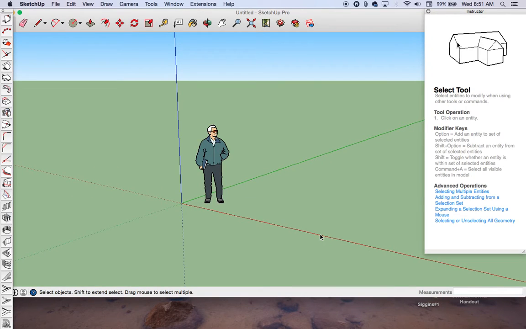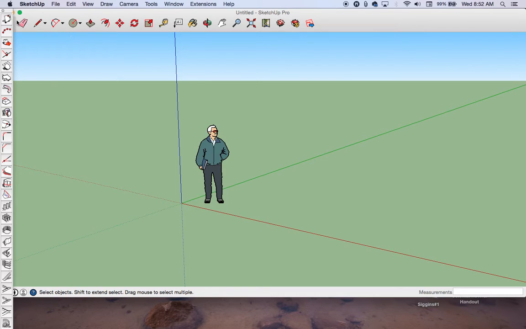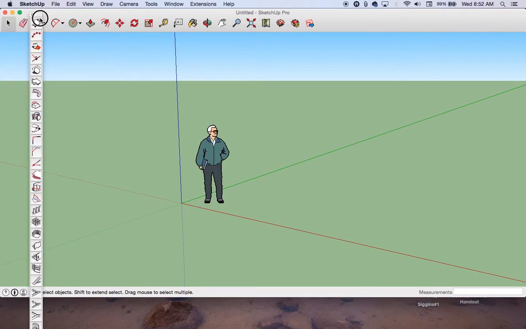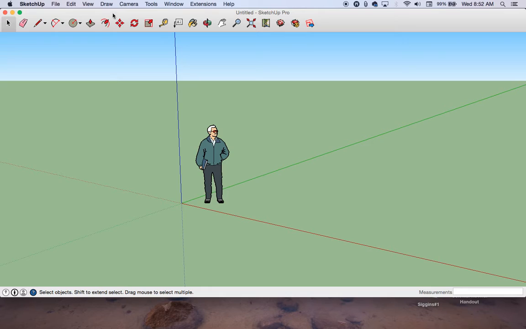And when this window first loads, you'll notice that you have an instructor window. We can get rid of that. It's going to teach you how to use most of the tools. And then on the far left, there's another tool palette that probably pops up by default that you can eliminate. That's for architectural drafting. And with the tool palettes, what I want to do is close some and open others to maximize your